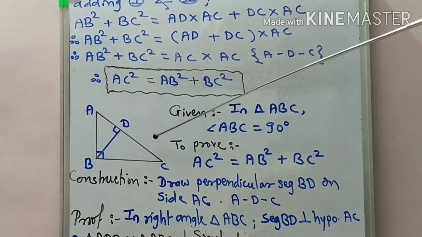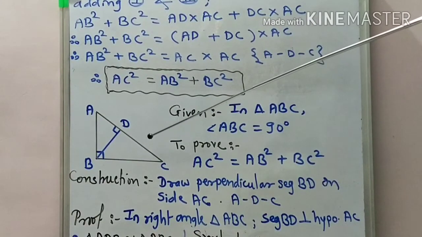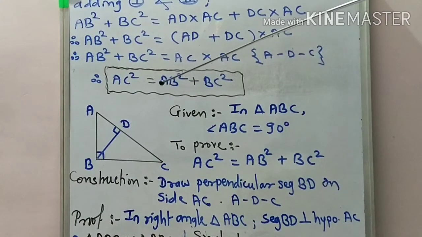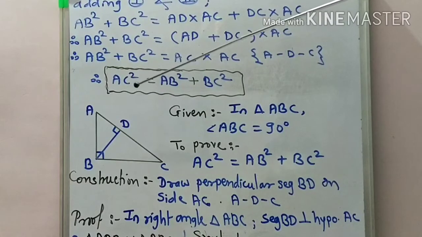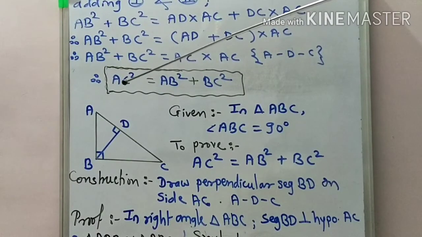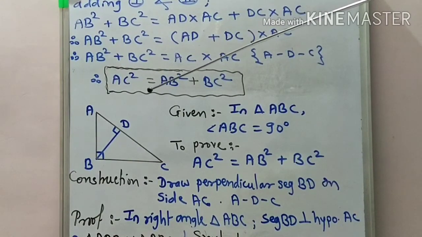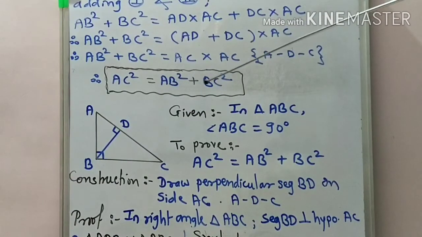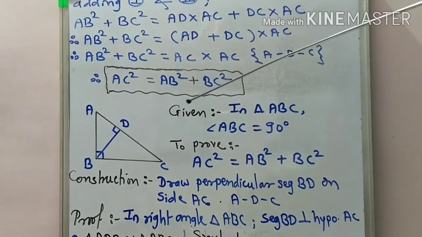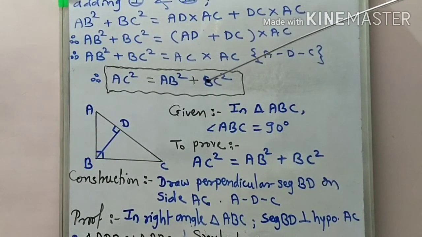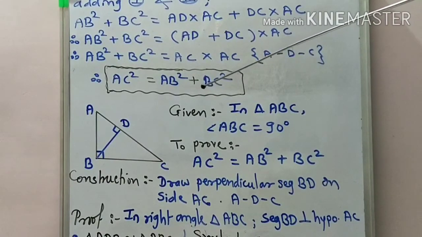Okay, and also there is the converse of Pythagoras theorem. Converse means what? You have to verify this: that the longest or largest side is the hypotenuse and the square of that largest value is equal to the sum of squares of the remaining two values, then we can say by the converse of Pythagoras theorem that the 3 values form a right angle triangle, or that the 3 values are a Pythagorean triplet.